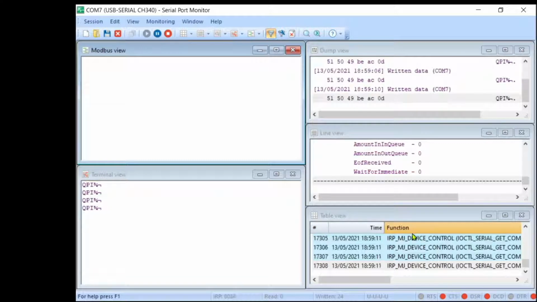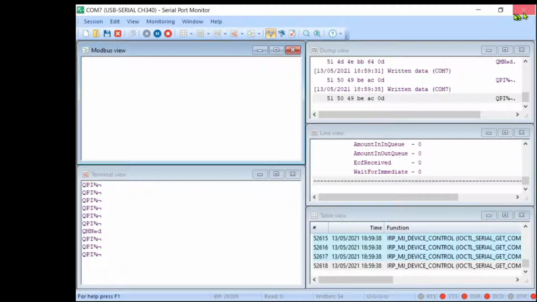We will talk about hex values later. There are commands being sent, QPI, QMN. We just see what is being sent. We are not seeing what is being received. That is not a problem,